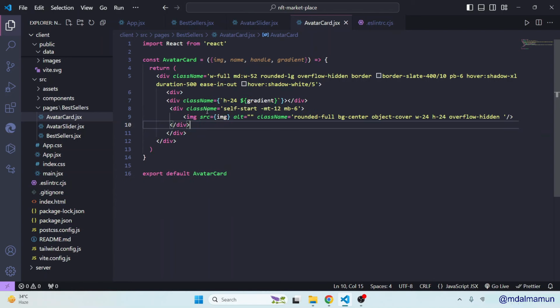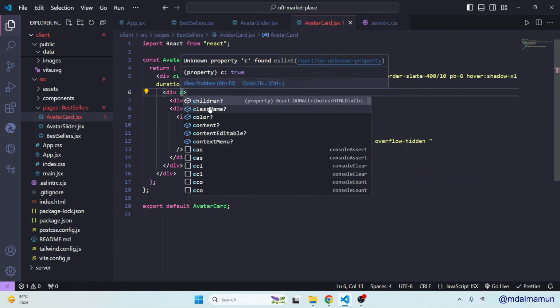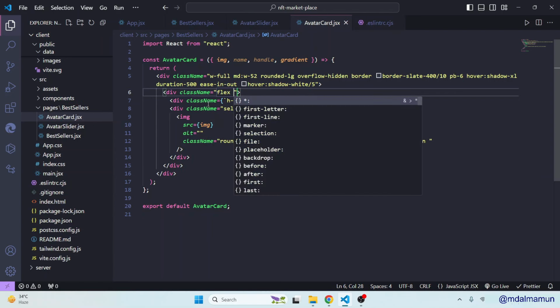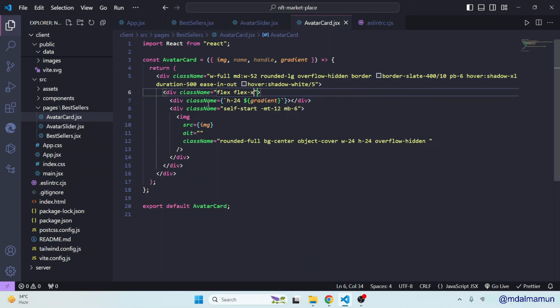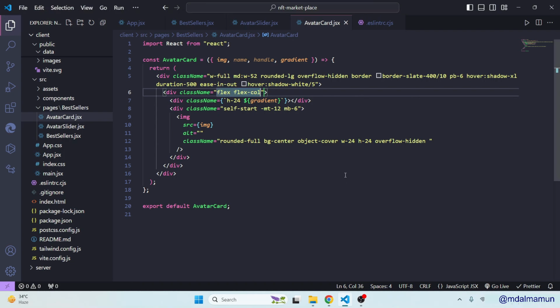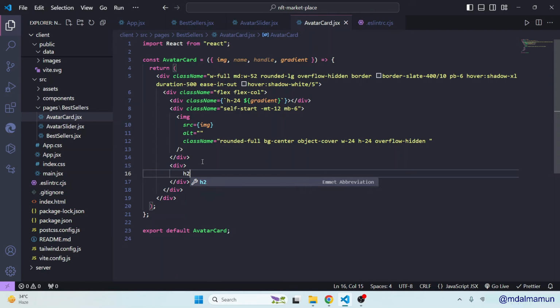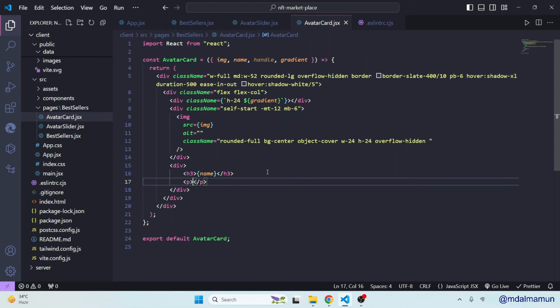Okay, here is something like this, and what we can do is cut it, and we can take another div. Inside this div we can keep it. So on this div we'll define flex, and we'll define flex-col. Okay, let me check. The image is not moving to the center, so that's why. Okay, after this let me define the content first, then we will fix it. We will have an h3. Here we will pass name, then we'll have a paragraph, so that would be